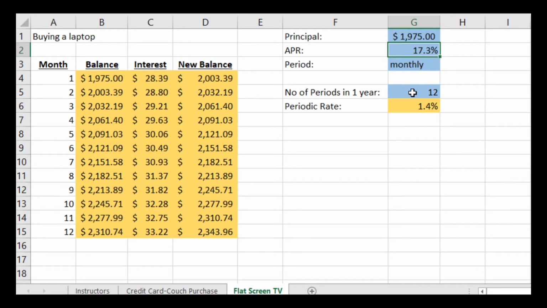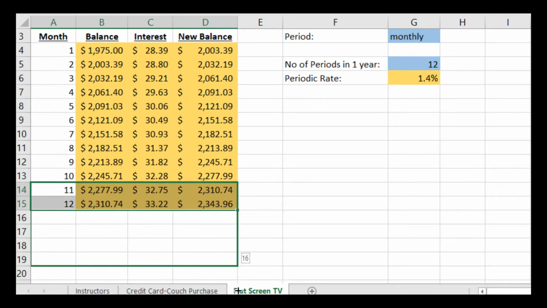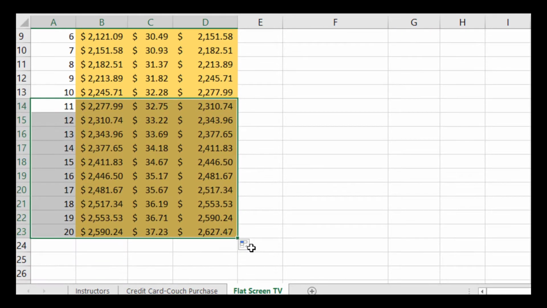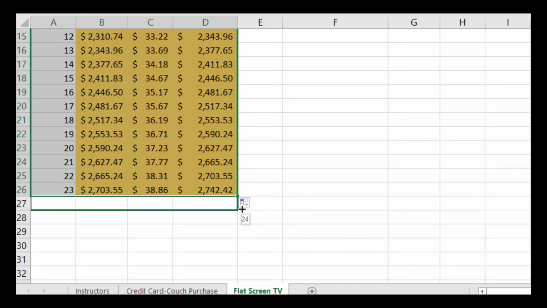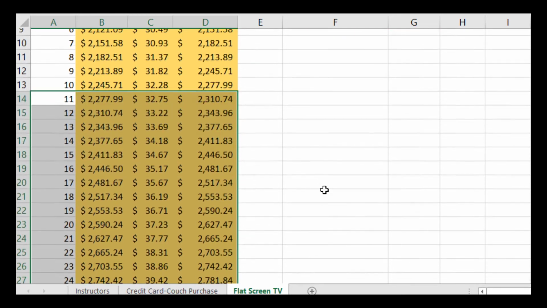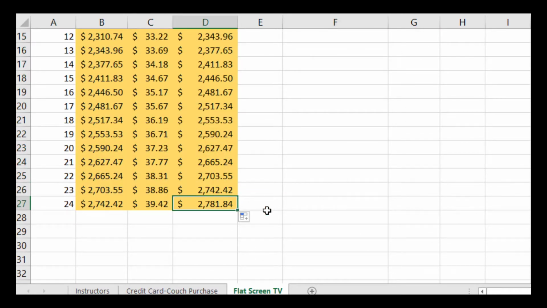Now I don't have to change this because it's still monthly and there are the periods. So I'm going to grab 2 cells. I could grab this cell, but it won't know what to do with 12 to make it 13. It needs to see some kind of pattern over here. So I'm going to grab these 2 cells. I'm going to drag it down to 24 months. There's 20. There is 24 months. And so being that I didn't make any payments on this, the total amount I owe